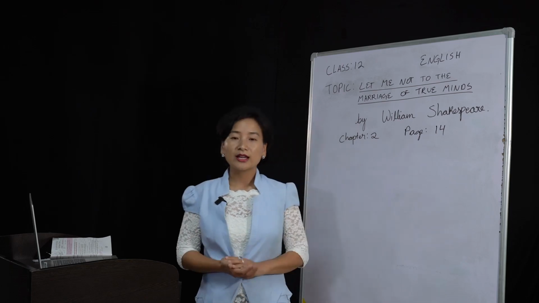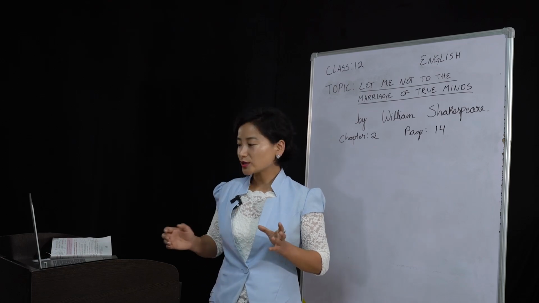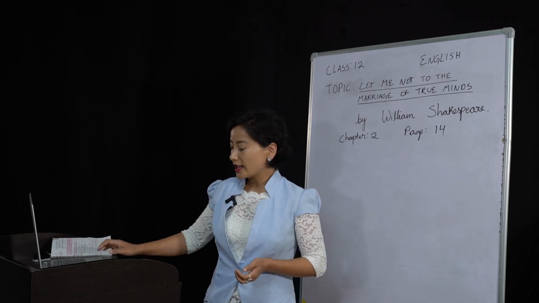Now, this sonnet is sonnet number 116. Shakespeare has written 154 sonnets, and out of that, 1 to 126 are dedicated to his friend, that is the Earl of Southampton. And the rest, that is sonnet 127 to 152, are dedicated to a dark lady, and so we can here infer that this person is probably a very mysterious person to whom he has dedicated his work.